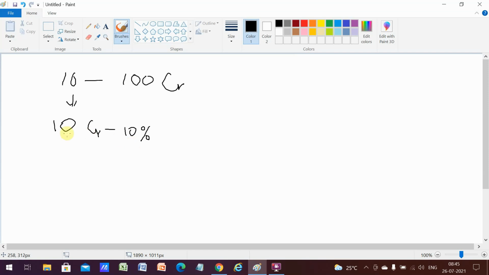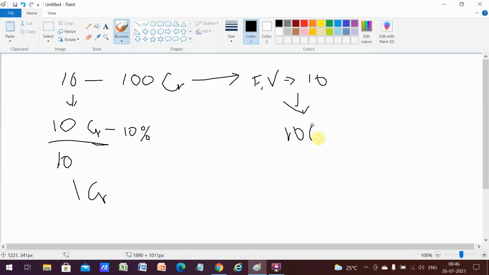For example, if the share value initially is 10 rupees, then the one who puts in 10 crores, so 10 crores divided by 10 rupees, he would be having around 1 crore shares, correct? So in total, for 100 crore rupees that they are going to raise, if the face value of the company is 10 rupees, then the total number of shares are going to be 10 crores. Okay. So 10 crores into 10 rupees is going to be 100 crores. That is the face value.